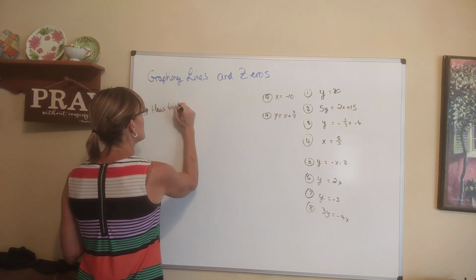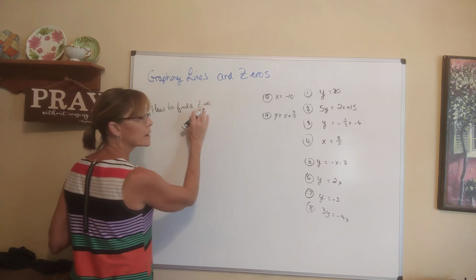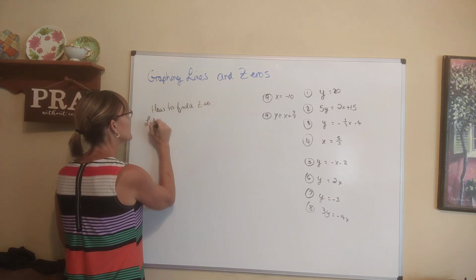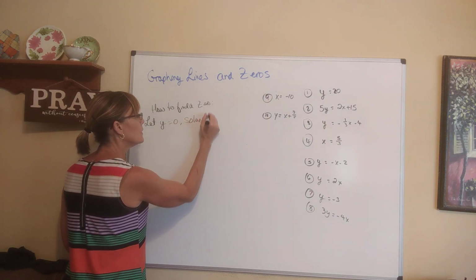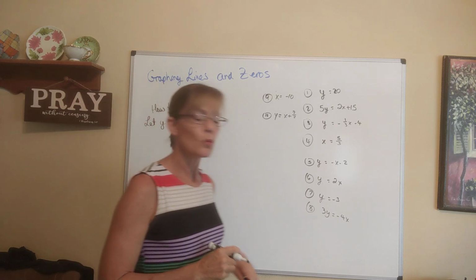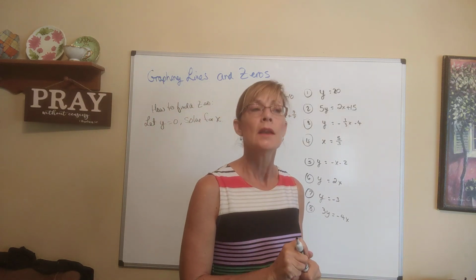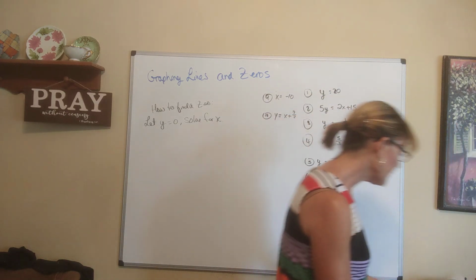How to find a zero or an x-intercept. Let y equal 0, solve for x. That is what you're supposed to do. Whenever they say find the zeros, let y equal 0, solve for x. So here we go. Number 1,